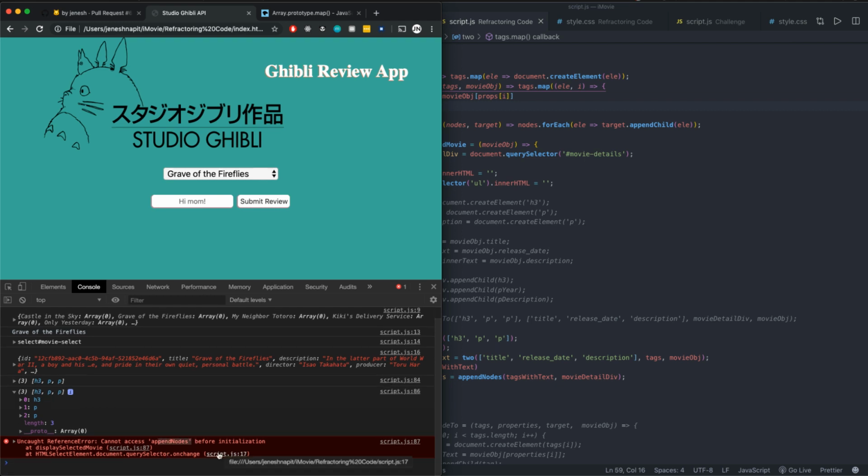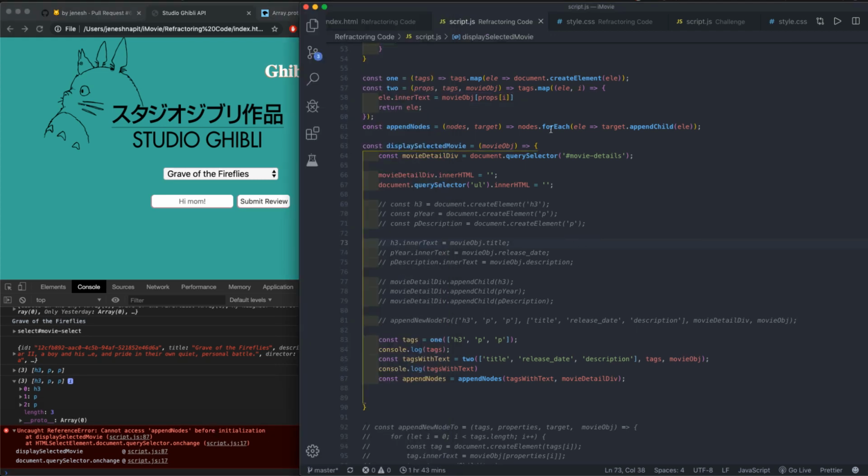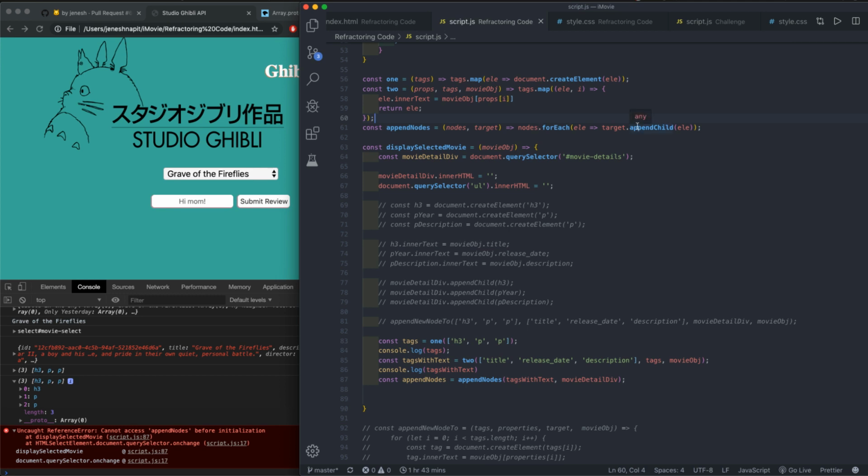But this is still not working. Cannot access append node before initialization. So let's see what the problem with that is. It's saying it's not being initialized. So what's not initialized? It's forEach. The target we passed in here was movie detail div, which is this. And then here we're clearing the inner HTML, so make sure there's no nodes, nothing in there. Before initialization,